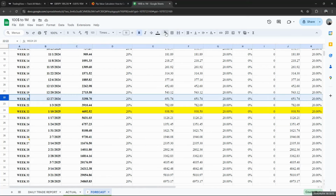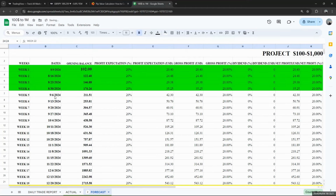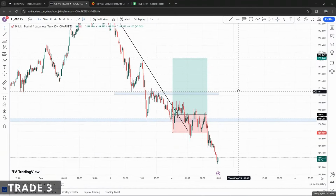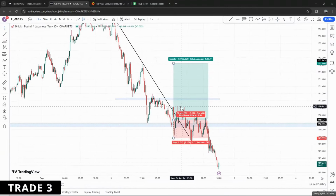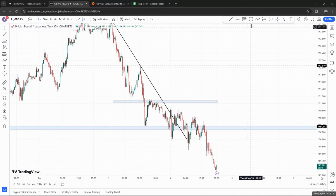3,200, which is back to week 20. So I'm like 2 steps back, right? But overall, we're still outperforming what we should be doing. Okay, so this is my third trade for the week. And after I hit the stop loss, I took this out, and I realized that by the time I got up,